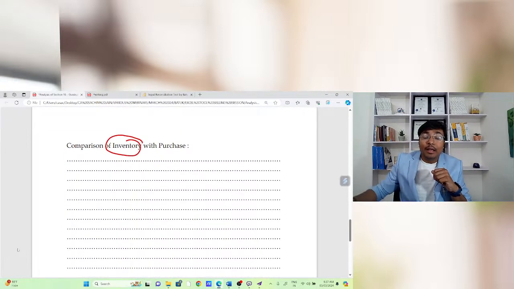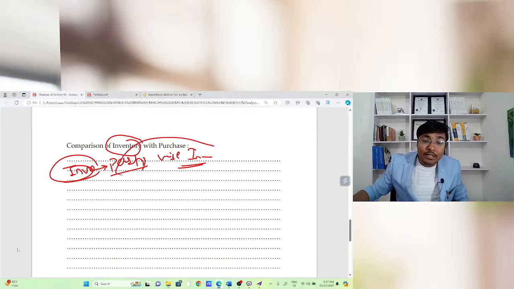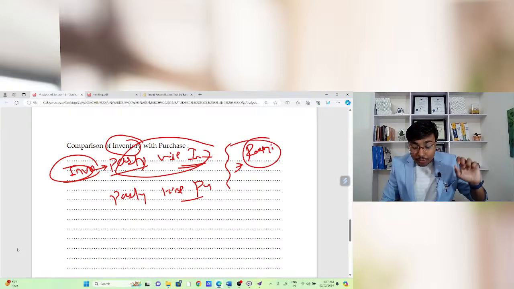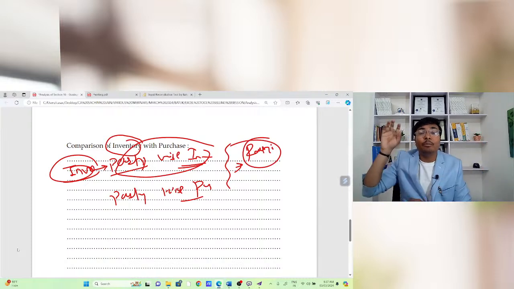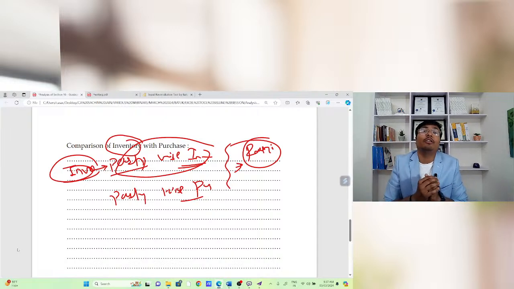Now, your inventory: you just need to demand the party wise inventory list from the customer. When you check that party wise inventory list against the party wise purchase, you just need to compare the ratio, or you can also demand this ratio from the taxpayer. You need to check what amount of purchases were made from a particular party and what type of inventory is there in the inventory register of that particular client,